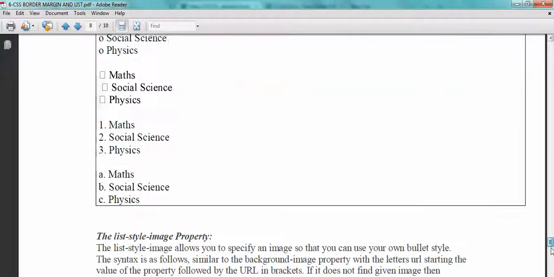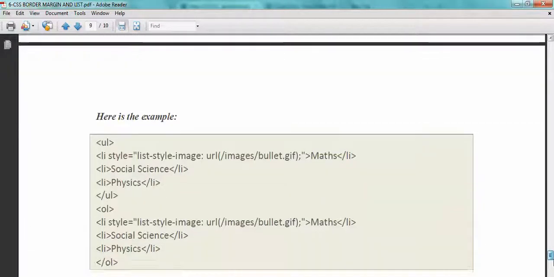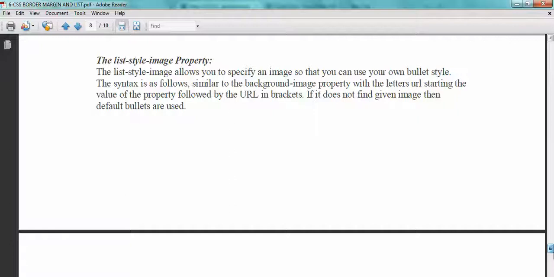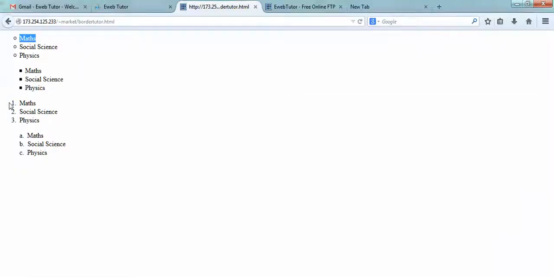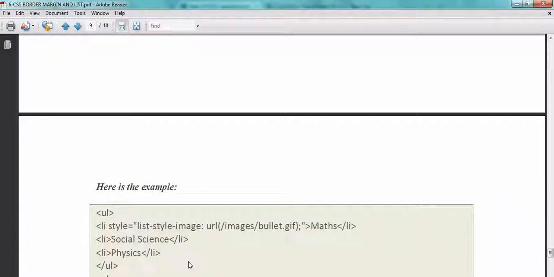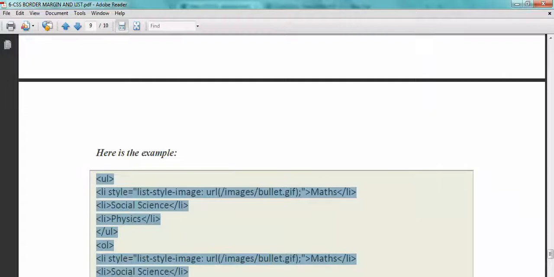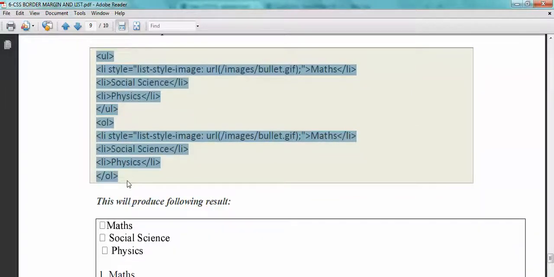So the next property is the list style image. This time if you want to use an image as a bullet, instead of saying square, circle, lower alpha, or the numeral, instead of using all these, you can make use of an image. But note one thing: the image you want to make use of must already be present in your www directory in your server. So if you are to try this example, all we need to do is,